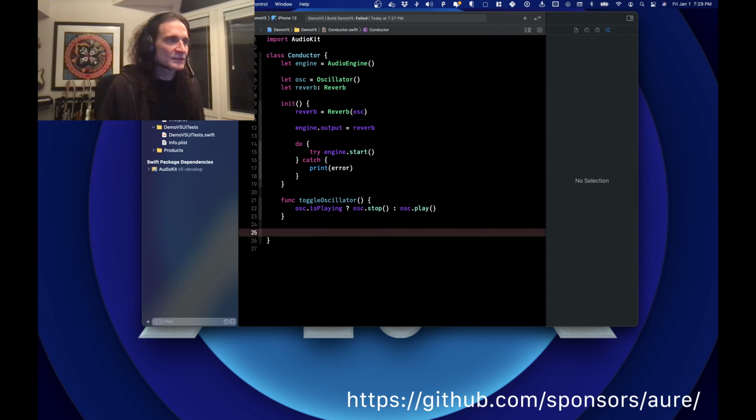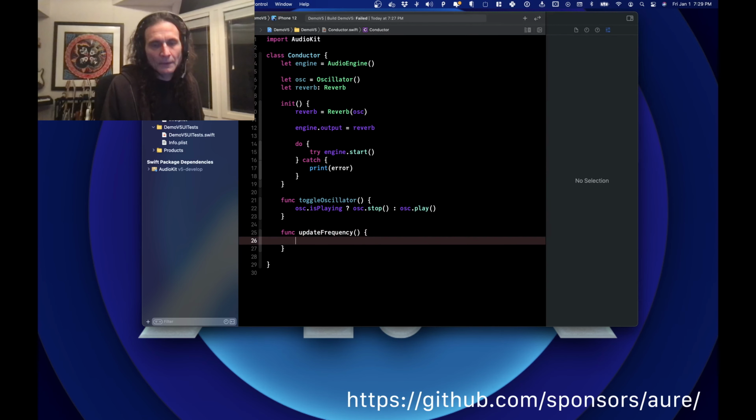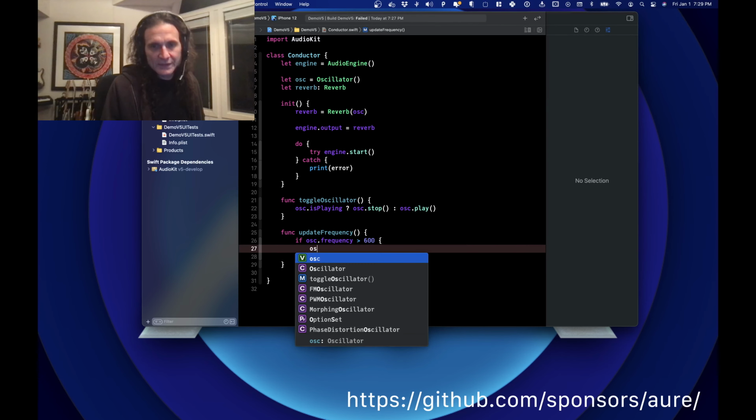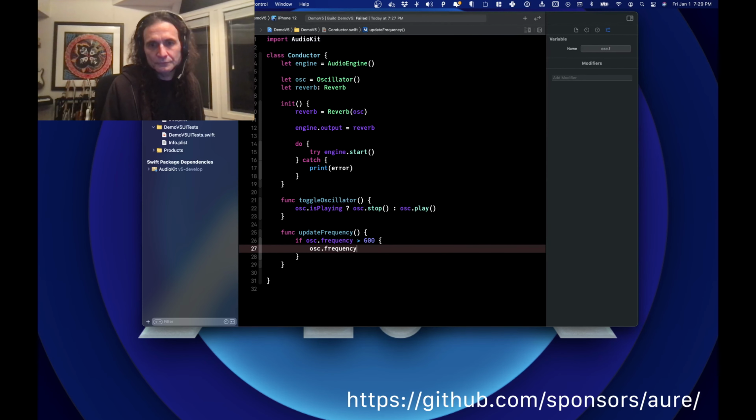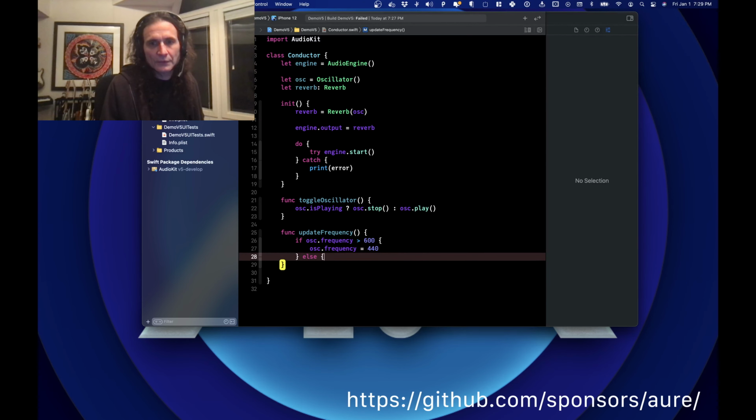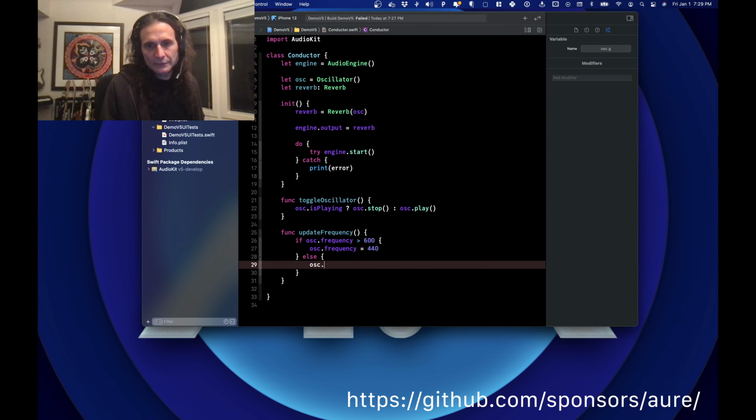And then, so it's not just one frequency, we can make a function for changing the frequency. So let's just say if the oscillator's frequency is currently greater than 600, we can set it to 440 again. Otherwise, we can make it